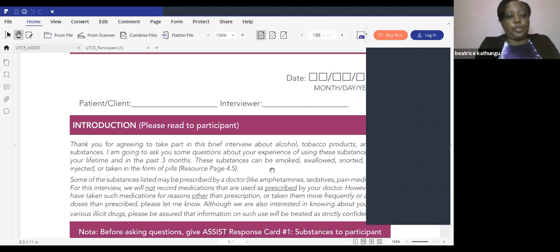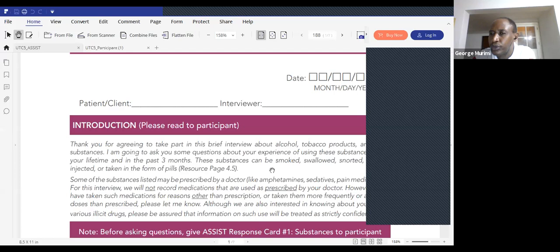I'm going to introduce you to the third response card that will help you. This card will be helping you in terms of trying to understand your problems that sometimes may come because of our substances or involvement with substances. So you can see it lists many problems here that you can actually pick on when we get to that